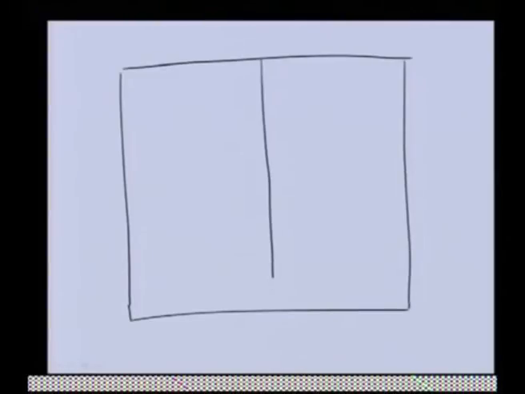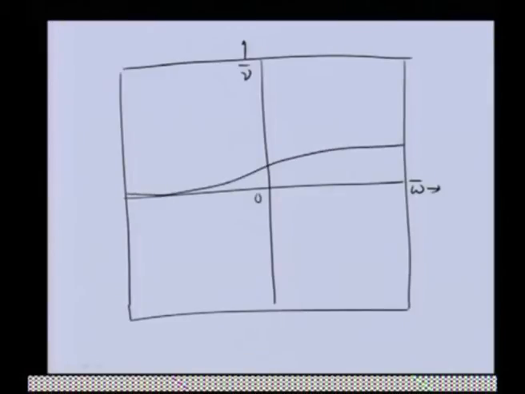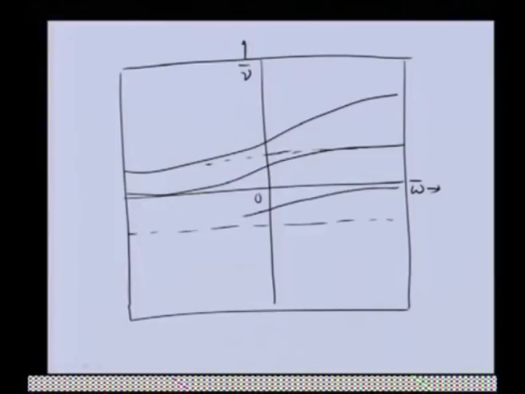in which this is the 0, omega bar is in the horizontal direction and nu bar is in the vertical direction, and we will be having 4 curves as we had previously, but they will not be horizontal; we will be having this kind of variations. Basically, if you draw a horizontal line, these two lines will be asymptotic to each other. Similarly, here if there is a horizontal line, we will be having like this, and